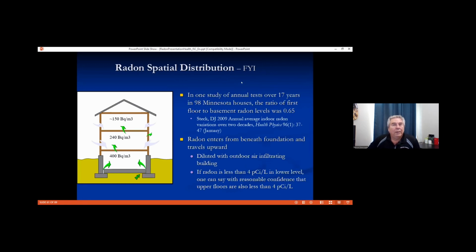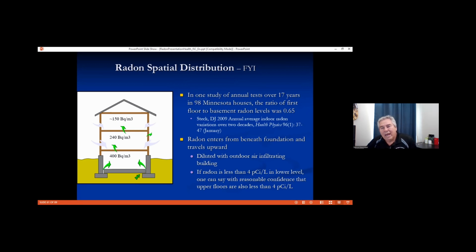Now, in a home, and here we're going to relate to a home that's got electric baseboard heating as an example. Typically, if we measure on the different levels of the home, let's say we were to measure 400 becquerels per cubic meter in the basement. Typically, what we would see on the first floor would probably be about 60% of what we measured on the lower floor. So you'd measure probably 240 on the first floor, and if we went up another level, probably about 60% of what you measured on the level just below. So again, probably about 150 on the top floor.